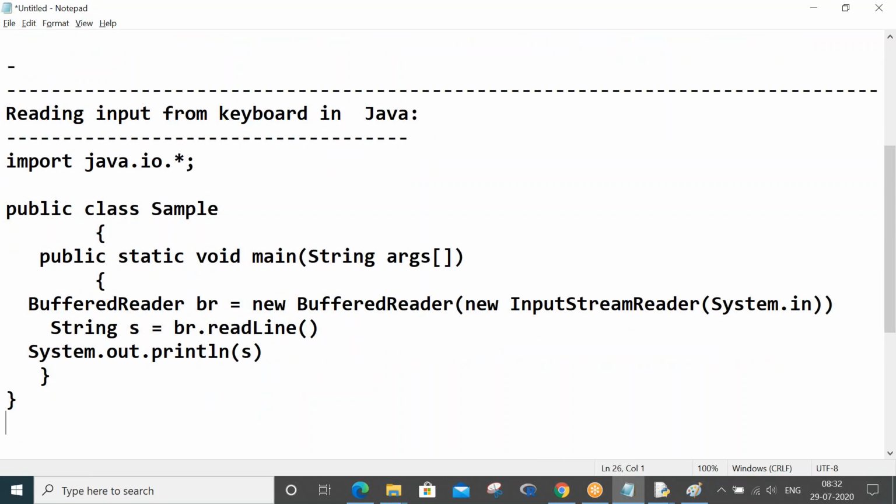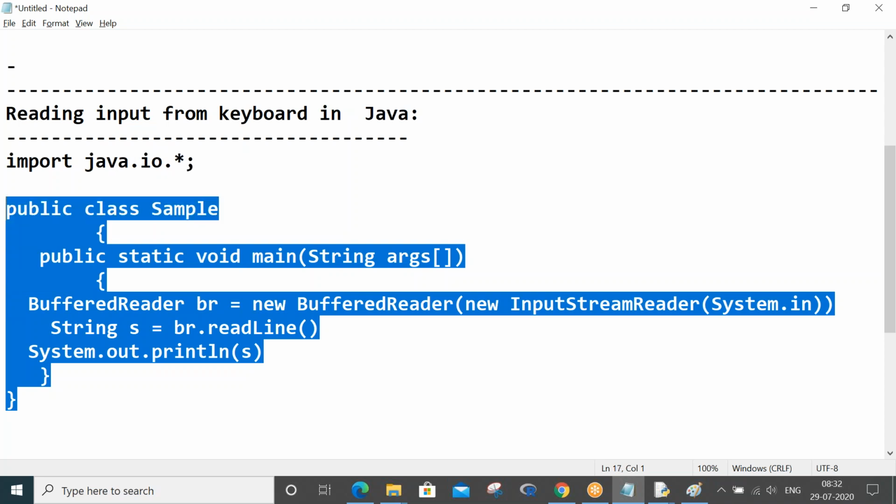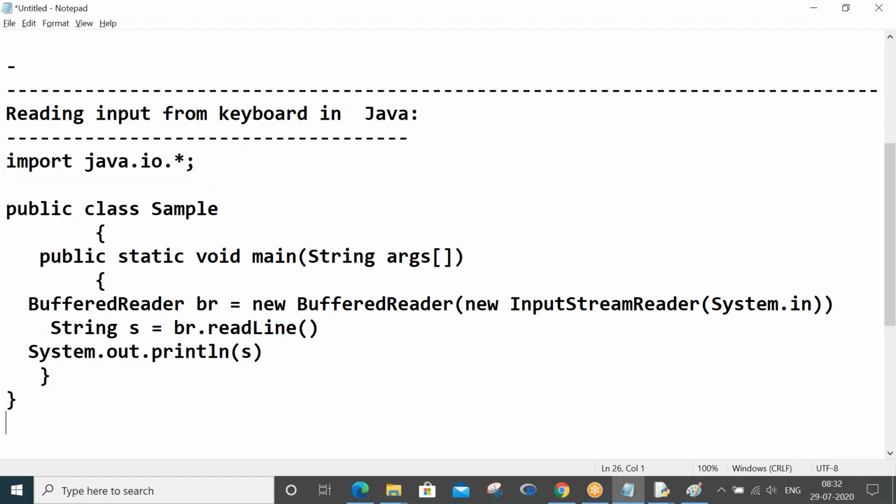Just count the number of lines: 1, 2, 3, 4, 5, 6, 7, 8, 9, 10. Minimum 10 lines you have to write. I understand flower braces can be put side by side, so at least you can ignore 2 lines. So minimum 8 lines of program you have to write to read an input from the keyboard in Java, right?